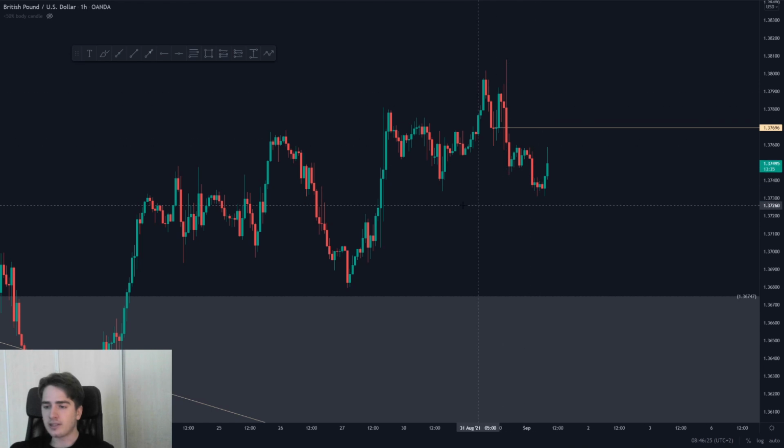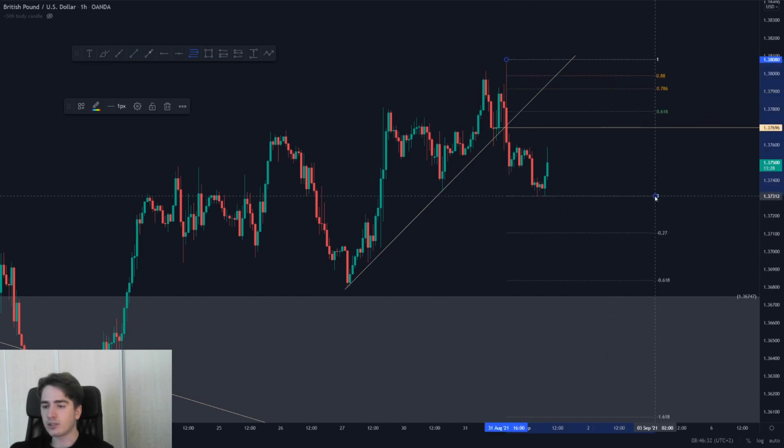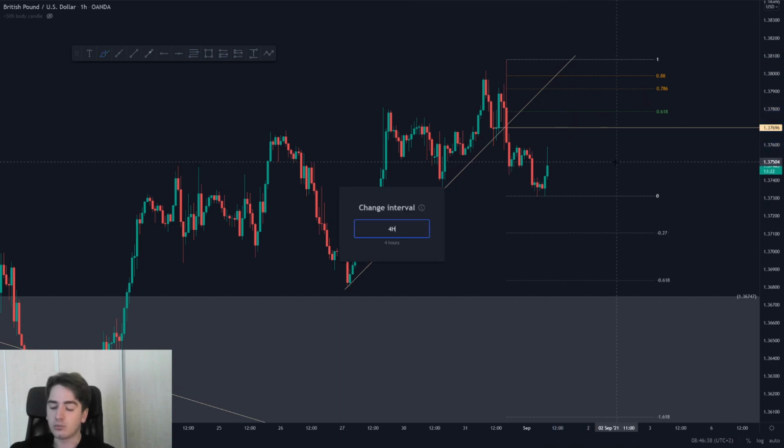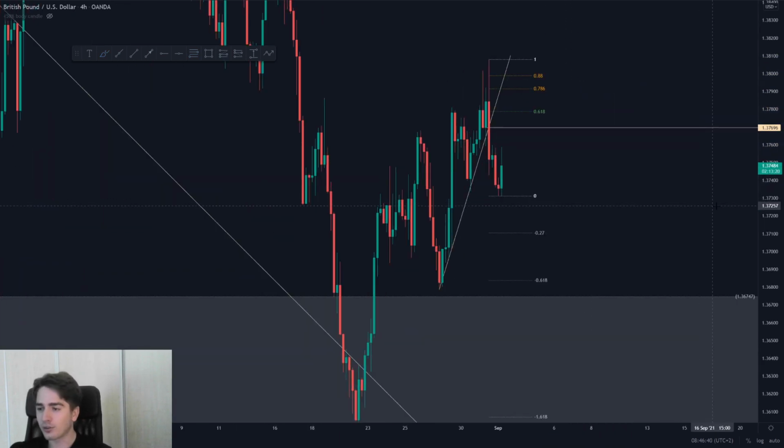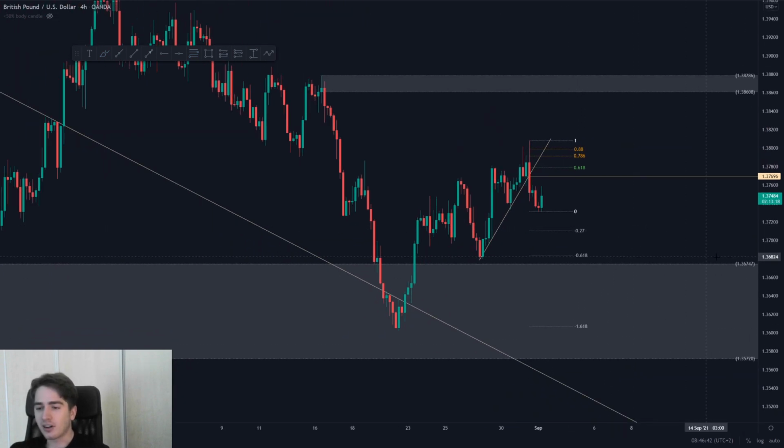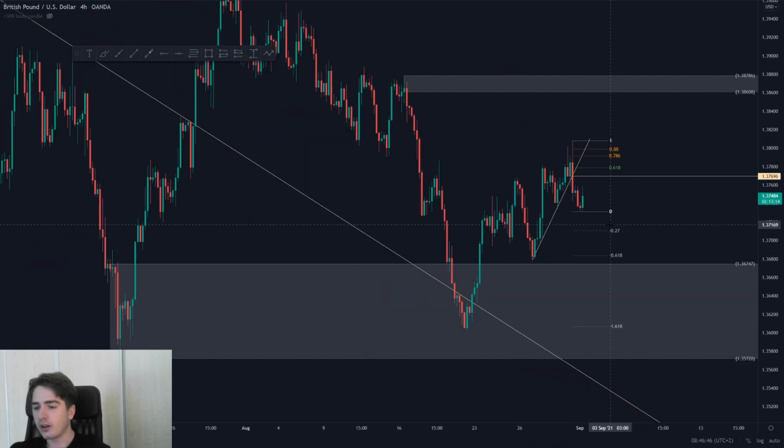Lower time frame trend is a little bit messy. You could say that we had the trend break, of course, over here, and I've now seen this form. So yeah, let's see if we can get a wick up and then more rejection back down in towards the downside. Sorry guys, I don't know what is going on with me today. A little bit tired, I think. But yeah, good to see that this potential position could be lining up.